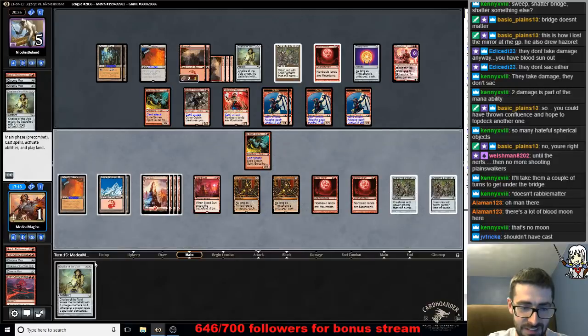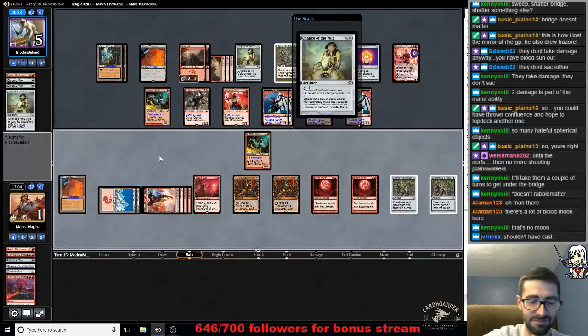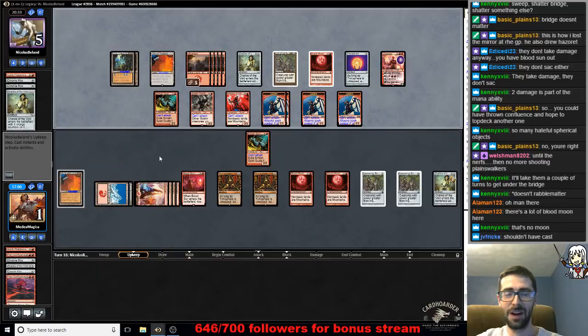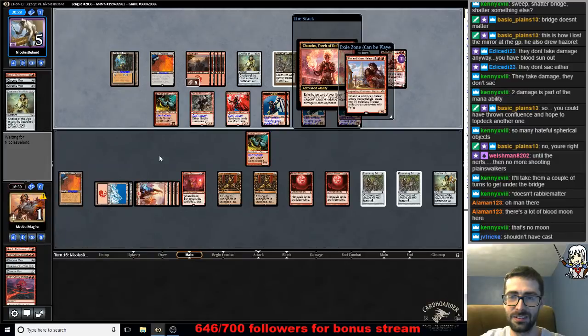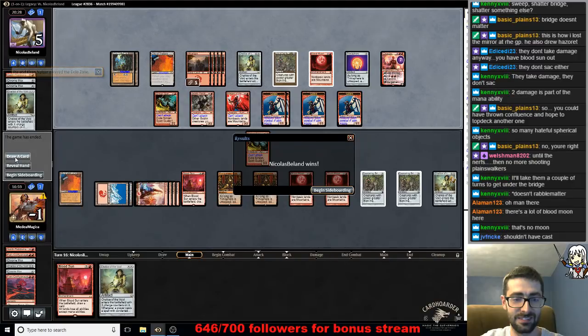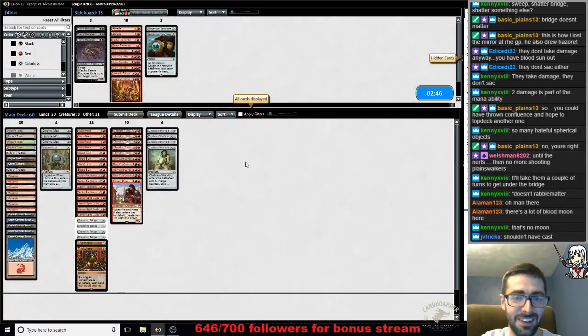How big can I make this chalice? I think I can make it a big 3? We'll put it on 3. Then we'll let my opponent kill us. I will give them the satisfaction. Alright, we were not drawing a threat for a very long time. Alright, so...